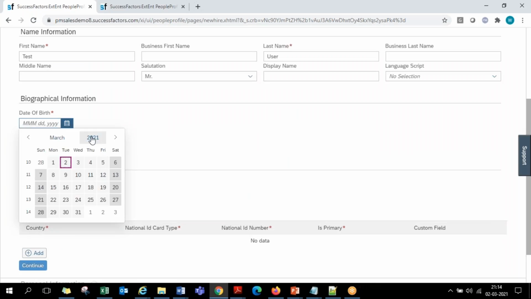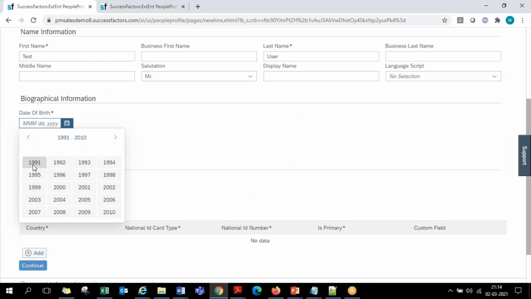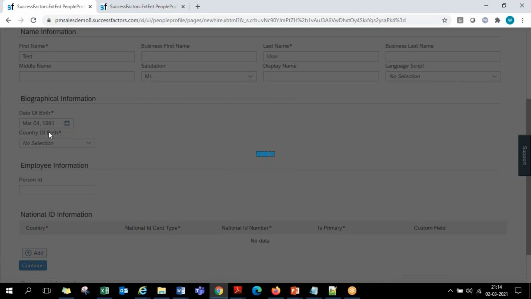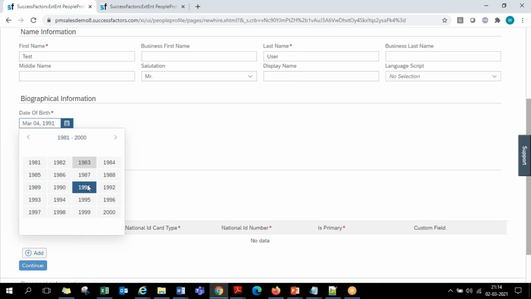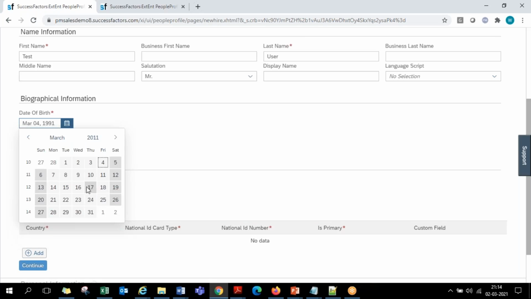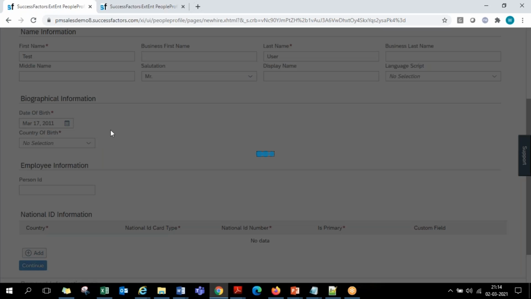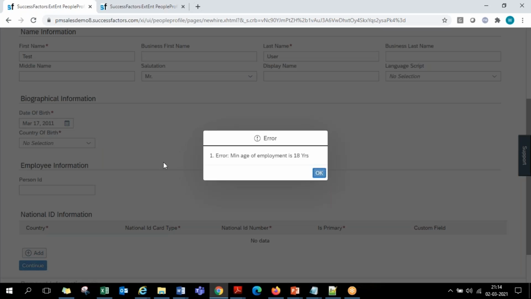So you can take the date of birth of the candidate, and if you want to have any validations on the age of the candidate, here we can actually configure them. So we'll also see that. I guess I have already kept some validation here. I'll just show you. Yeah, you see this is an error message: minimum age of employment is 18 years. So I'm hiring an employee with 2011 as the date of birth. That means he's just 10 years old. So we can't hire him like that. So if you want minimum age of employment kind of validations, we can make them.